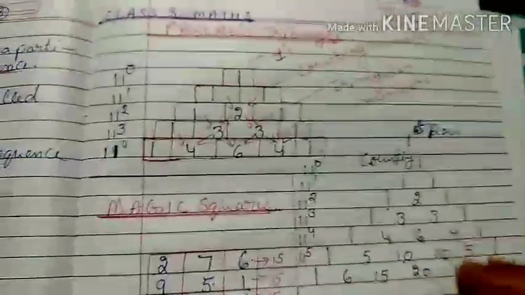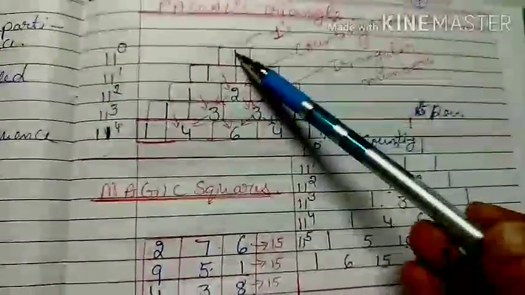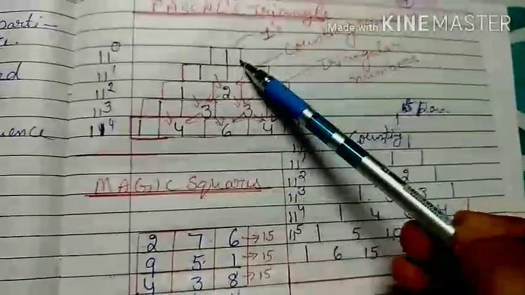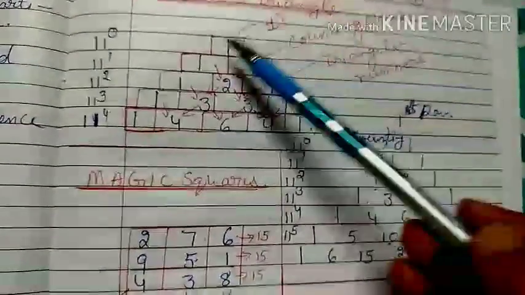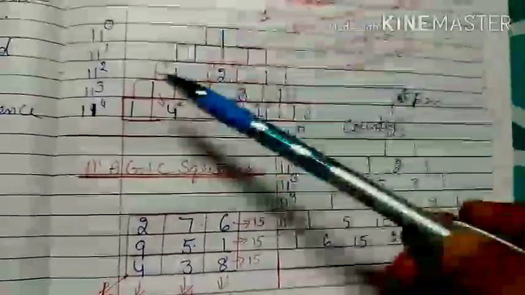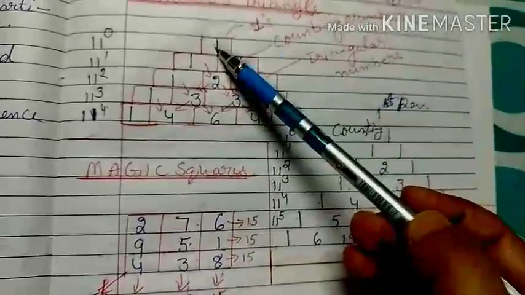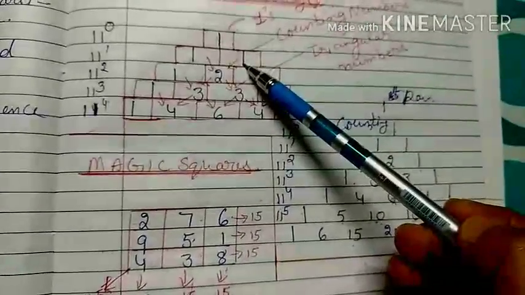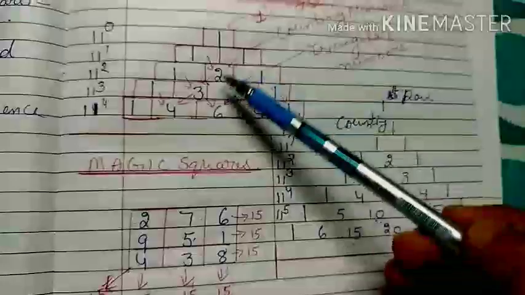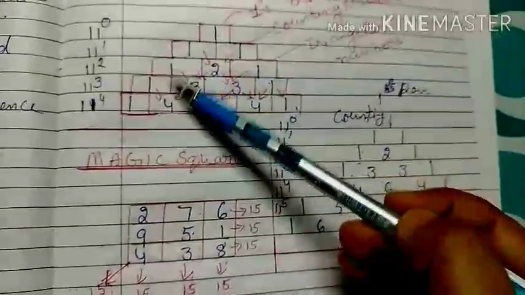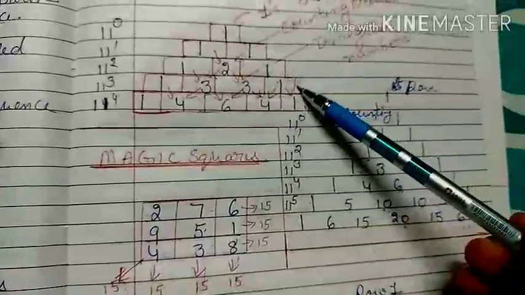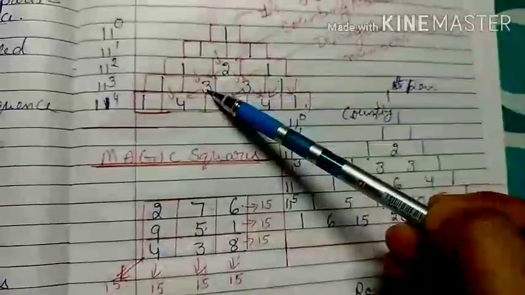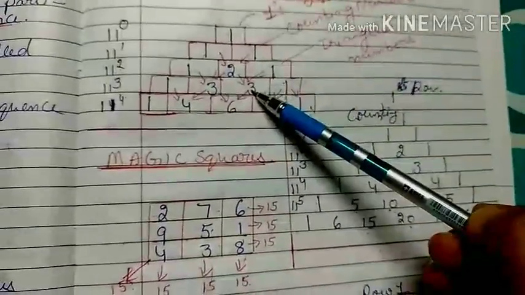Next is your Pascal triangle. Pascal triangle is like this: the first row is a counting number triangle, here 1. The next row is written as 1 1. Now 1 plus 1 gives me 2, and the 1 1 is shifted to the sides. Again 1 1 is shifted to the next two sides. 2 plus 1 gives me 3, and 2 plus 1 gives me 3.